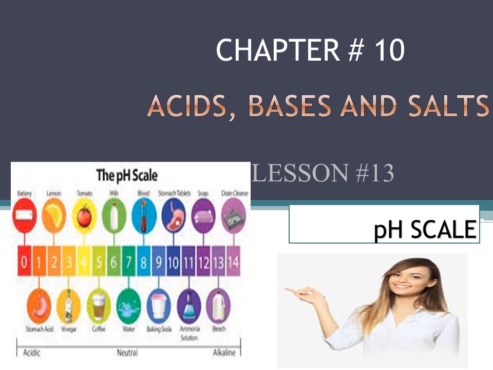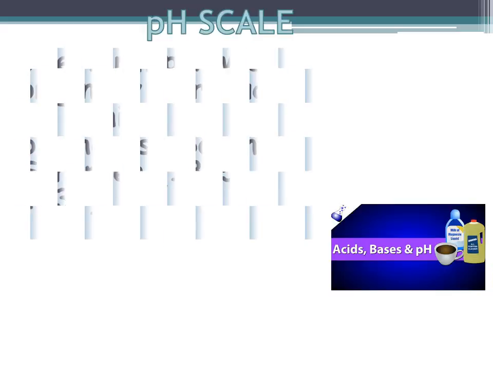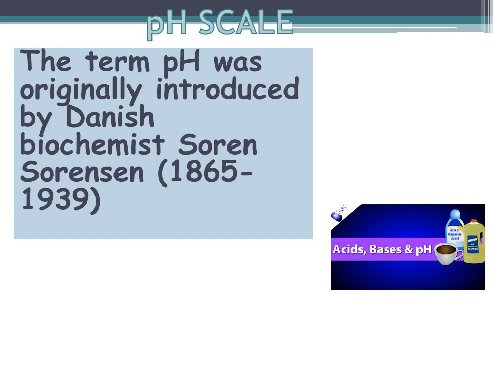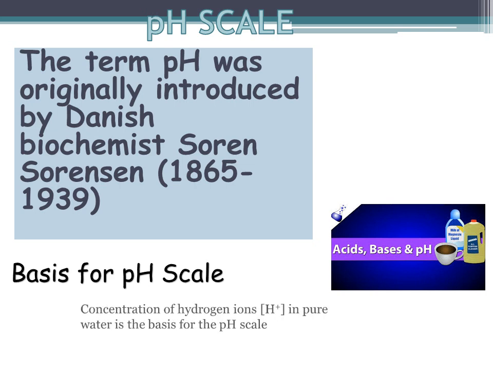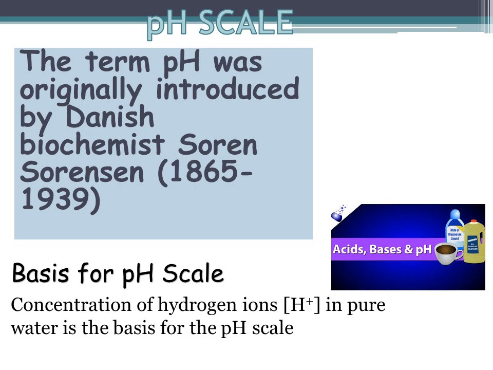Now we come up with another topic that is related to chapter number 10, that is acids, bases and salts, and that is all about the pH scale. As you know, whenever we are talking about pH, it was originally introduced by a Danish chemist, Soren Sorensen, 1845 to 1939, and the basis for the pH scale is the concentration of hydrogen ions in